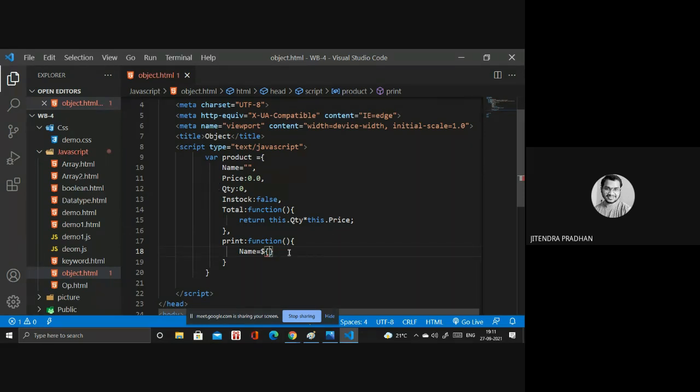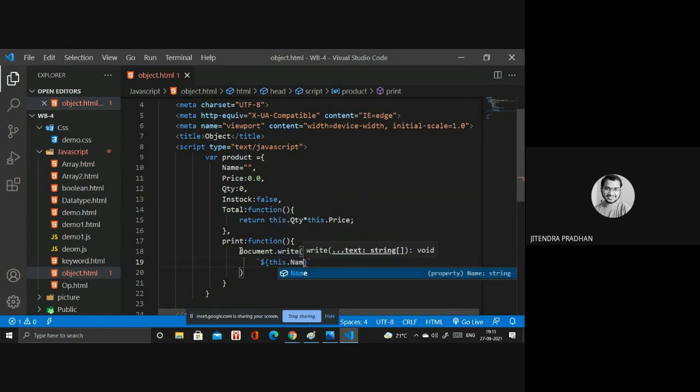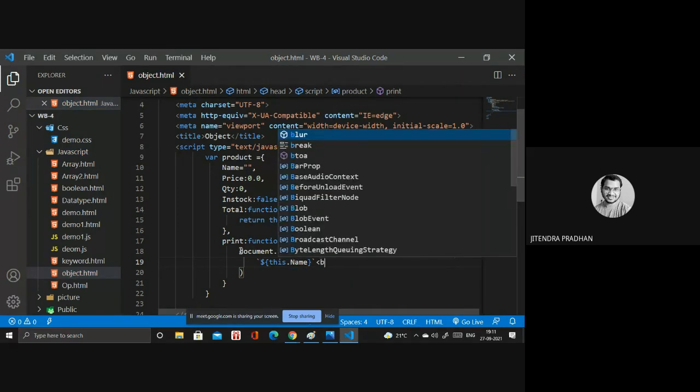I want to print, so we need document dot write. In that we have to print using backtick. Inside we write this dot name, since I need the name first, and we need a break to break the line.